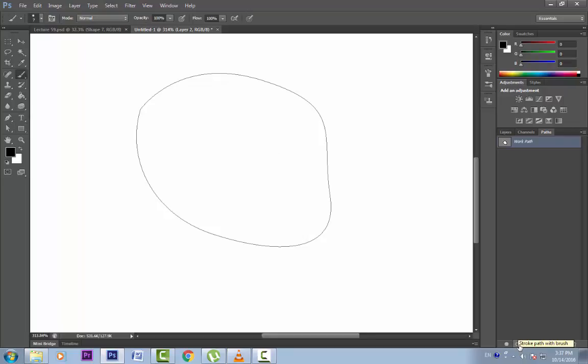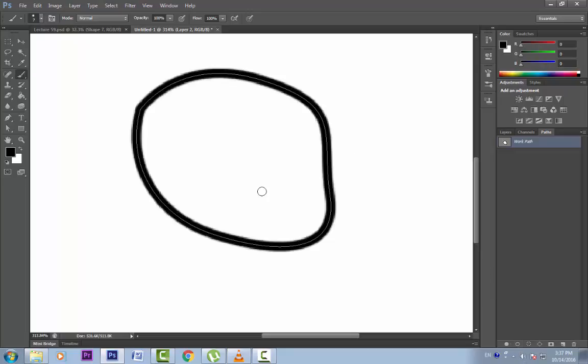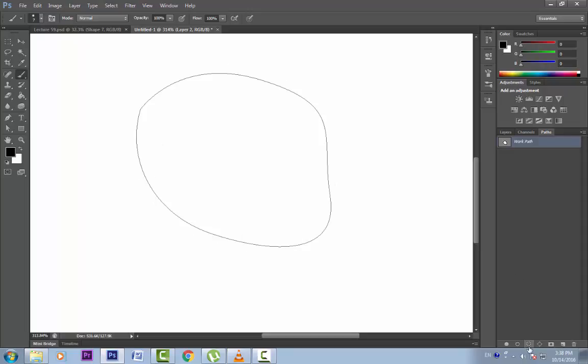And this button here will stroke our path with the brush. I've selected the brush tool and if I click on this, it will stroke it. Again, this is a raster stroke around the path and the foreground color is used to stroke the path. Let me undo. Now this one will give us a selection just like we selected by control clicking this layer, like so. This one will create a layer mask. We have already discussed how to create a layer mask.